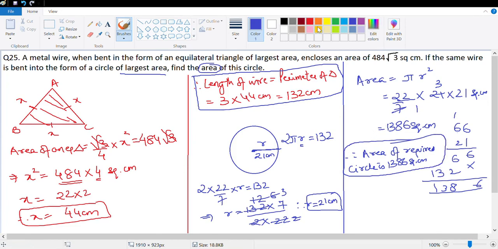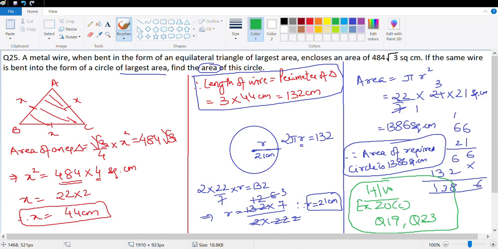Perfect. That brings us to an end of this exercise. Let's look at the homework question. The homework question would be question number 19 and question number 23. Two questions, like I said earlier. Question 23 involves the circle property. It says angle subtended in a semicircle is a